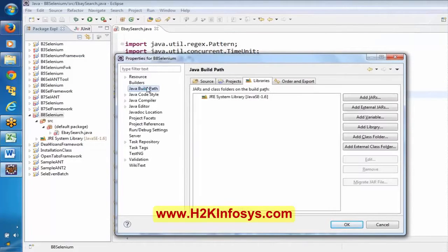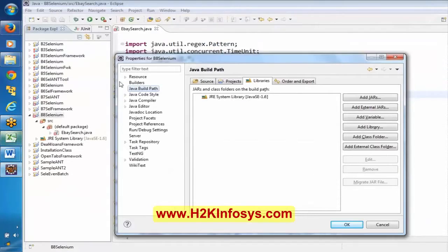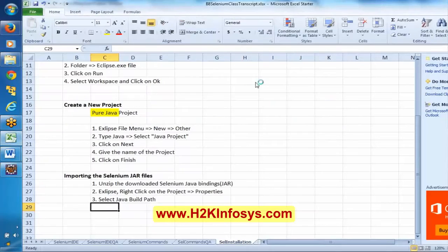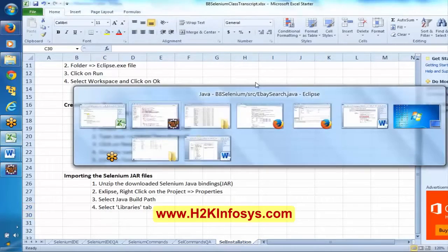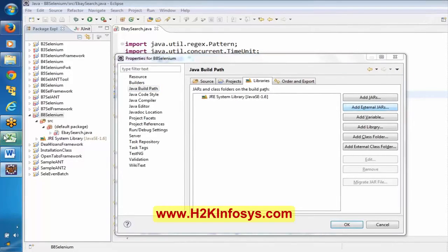In this, select Java build path, and go to libraries. Select this libraries tab. Then click on add external JARs.